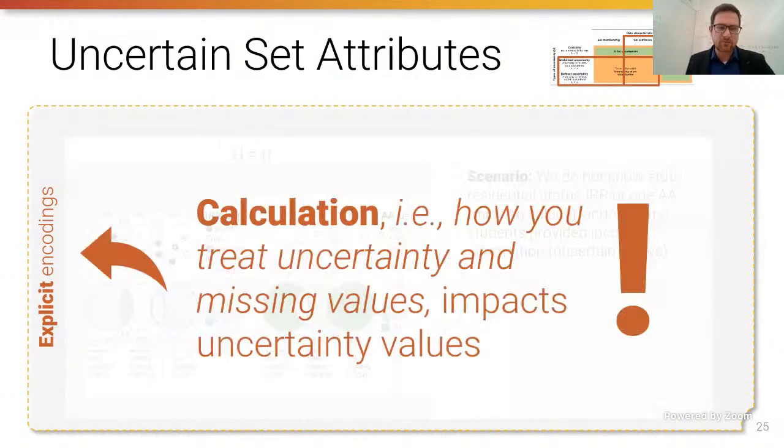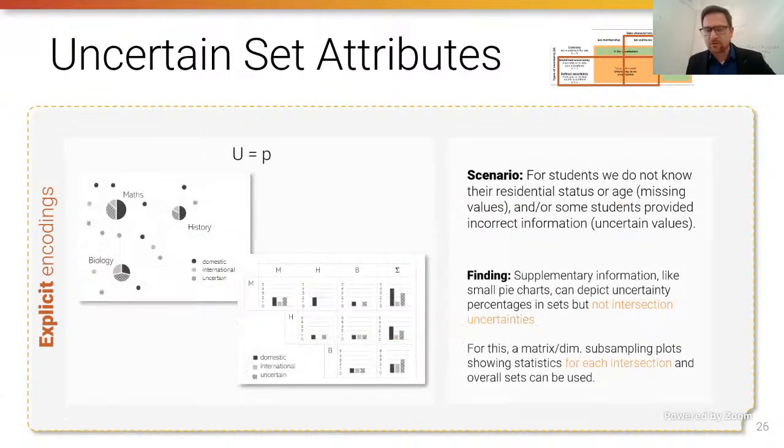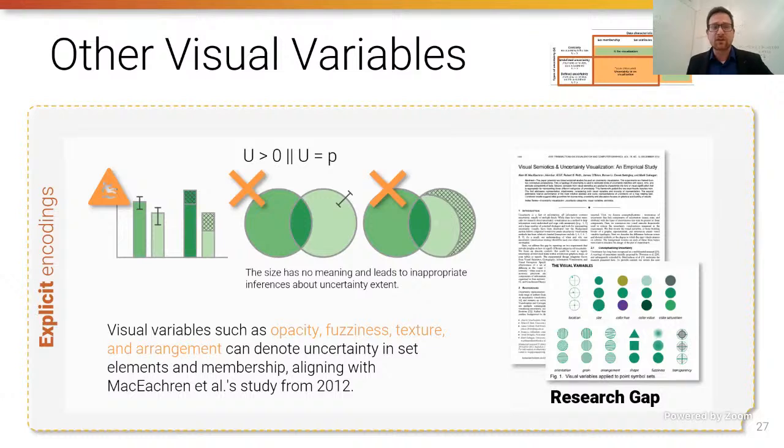So this is what I said already before, and then I'm going to cut this short in the interest of time. We also investigated other visualization layouts. One of them that worked best is the matrix view, because it allows us to show this intersection of all possibilities in terms of the attribute space. We also found out that other visual variables, other visual encodings, do not work at all. The error bars, we know that from Corel et al., should be treated with a warning sign, but even in the Venn diagrams, they do not make sense.